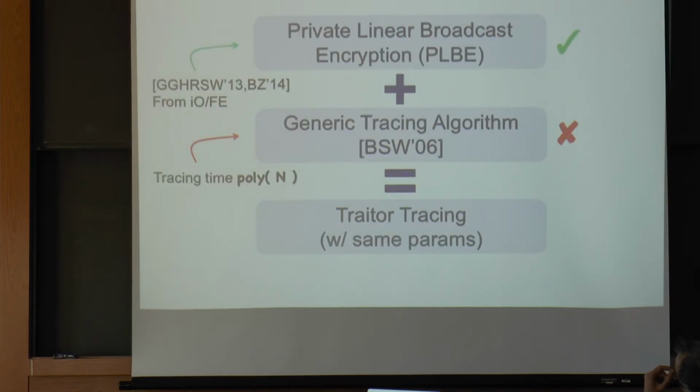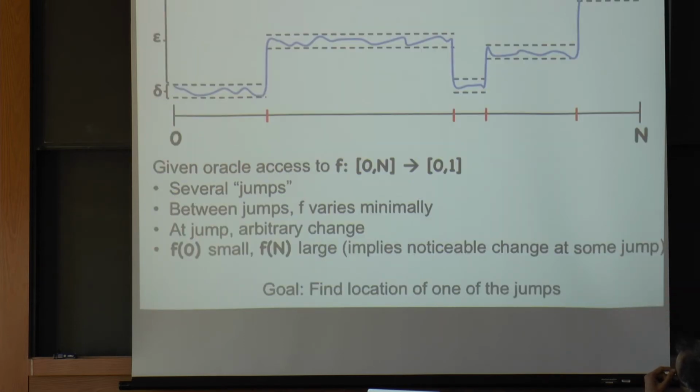Okay, so if we want to go to identity spaces that are exponential, we're in trouble, because the tracing time runs in time proportional to the number of identities, which will now be exponential time. So the tracing algorithm is not going to work. Fortunately, however, all of these private linear broadcast schemes that we have, yes, they're from extremely strong assumptions, but all the ones we have work just fine if the identity space is exponentially big. They're efficient and all that. So really the issue in constructing traitor tracing for large identity space is really the tracing algorithm.